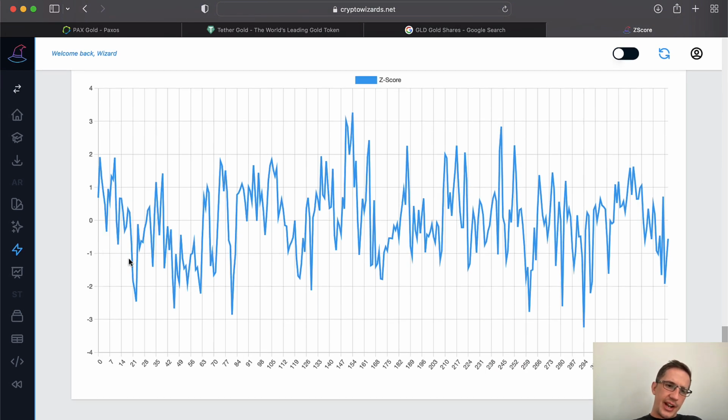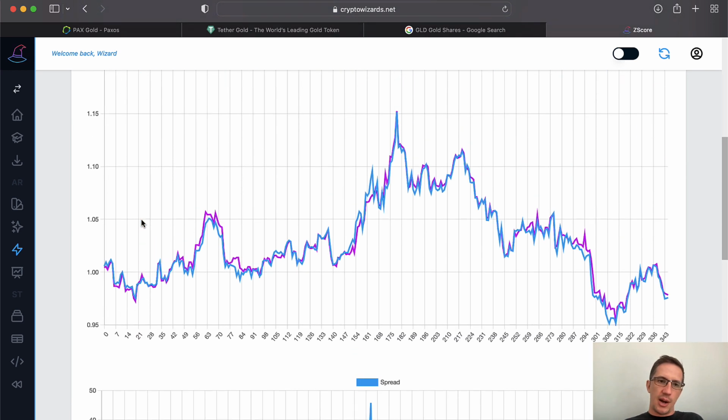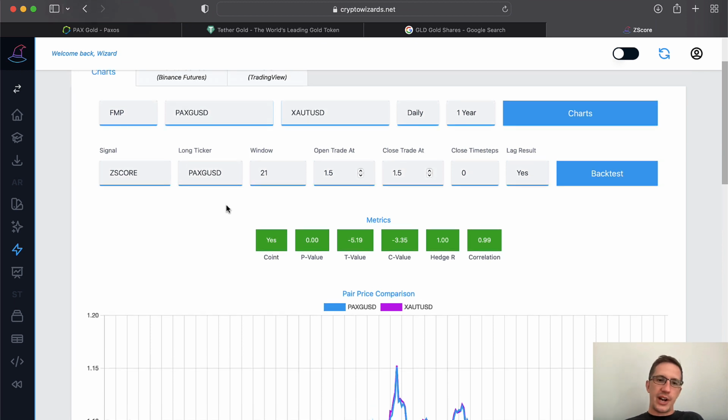And I'm going to say, anytime the Z-score gets as low as, say, 2 standard deviations, either above or below, then either go long on the pair or short on the pair. Going long would be go long on asset 1, go short on asset 2. Going short would be go long on asset 2, go short on asset 1. And then close the trade when the Z-score reaches 0, when it reverts back to the mean, right? So statistical arbitrage is known as a mean reverting strategy.